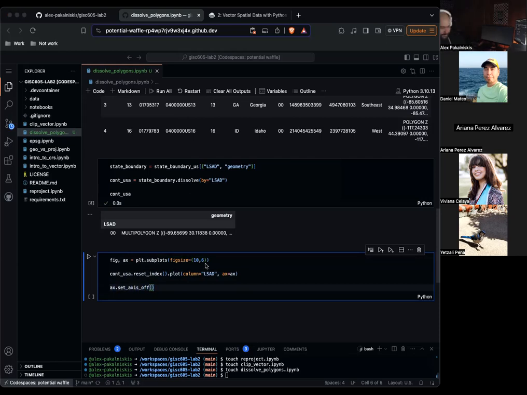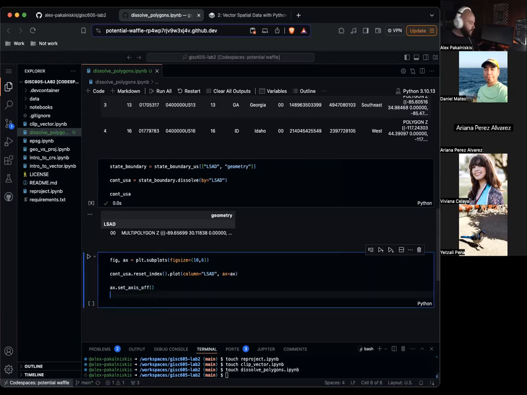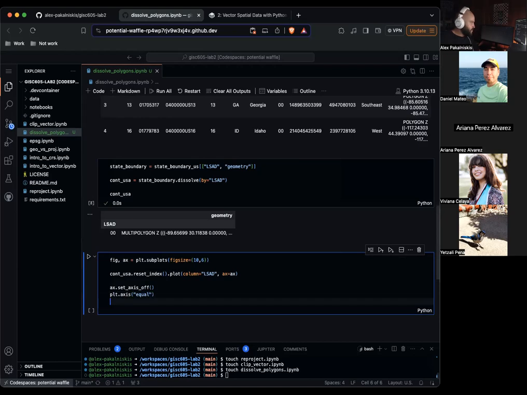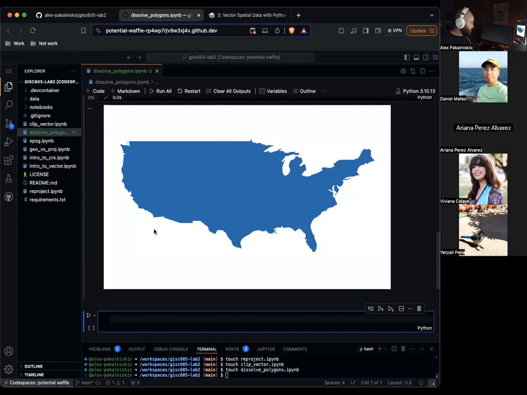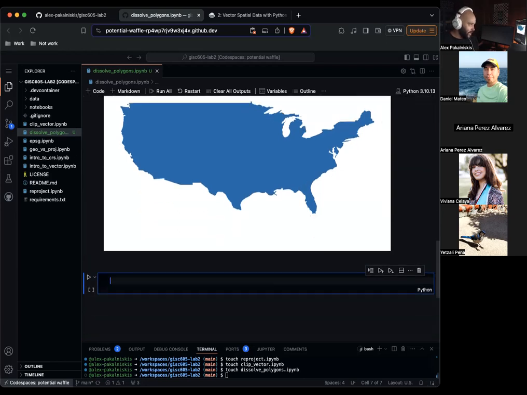Excuse me. Okay, plt dot axis equal, plt dot show. Okay, that's not super exciting. Let's actually dissolve on the region boundaries and not just the whole country. So we dissolved the state level polygons globally. So let's now try a better way.